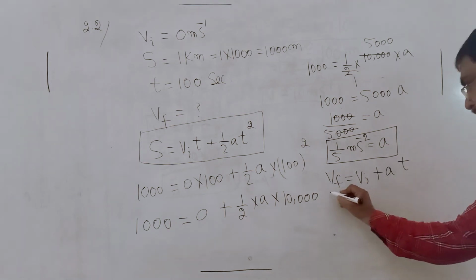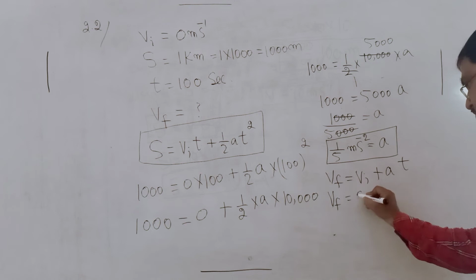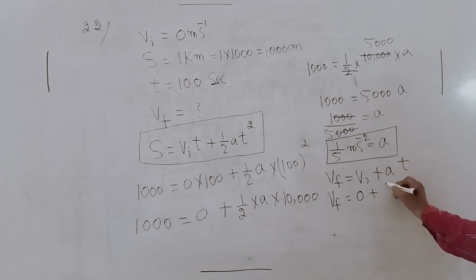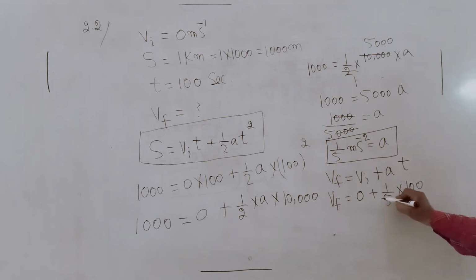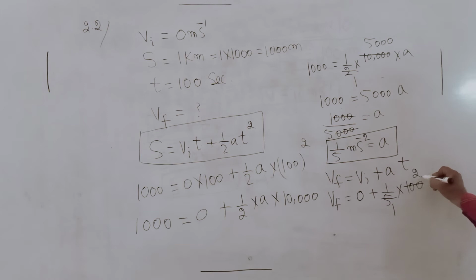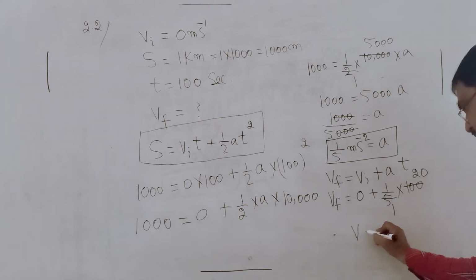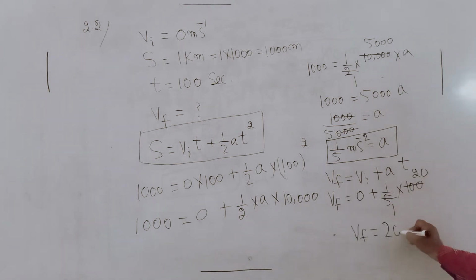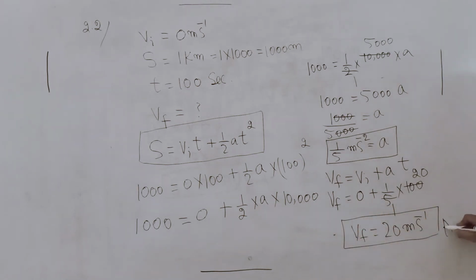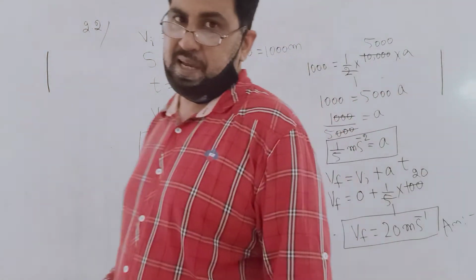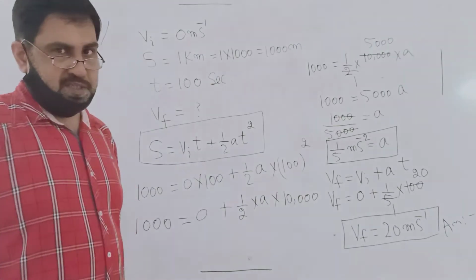Putting values, Vi 0, acceleration 1 over 5, time 100. 5 ones are 5, 5 twos are 10. Vf is equal to 20 meter per second. Answer: 20 meter per second. Okay students,